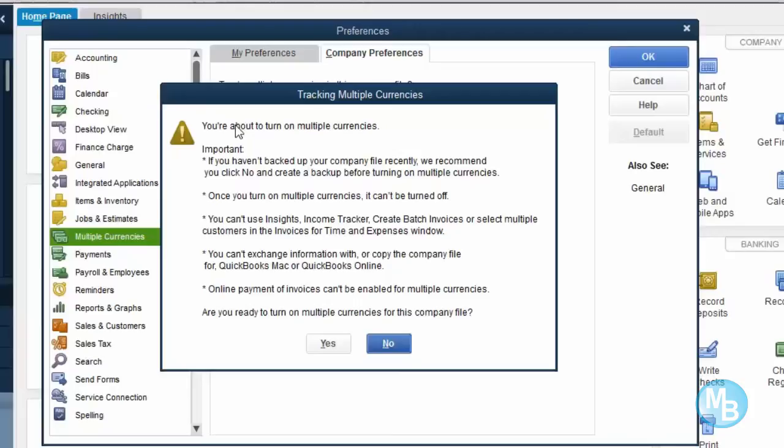You will not be able to revert to just accepting one currency. So we are going to go ahead and turn on multiple currency for this company file. Okay, so we are going to select yes,